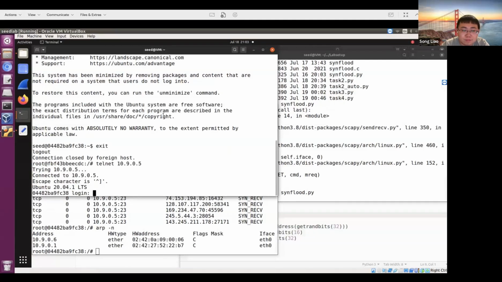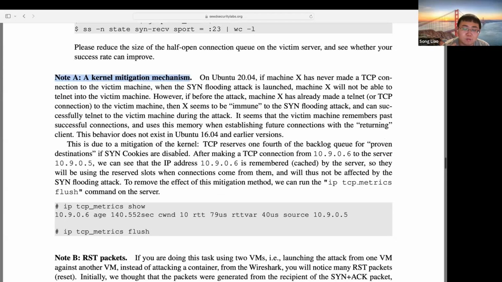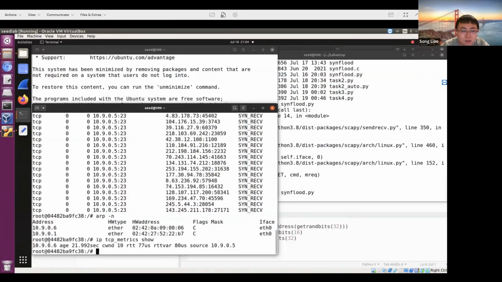So that's the first possible reason why your attack doesn't work. And in this node, it is showing in the node A. What we need to do is use these two commands. One command is to show the connection between the victim and another user. So if we check it here, we can find that the user A machine is in the victim's